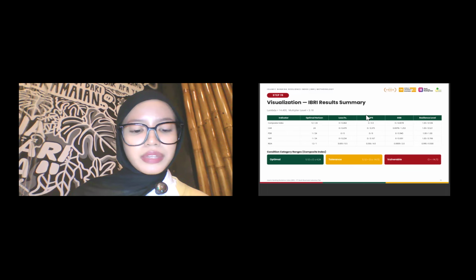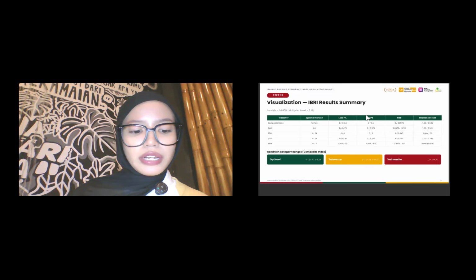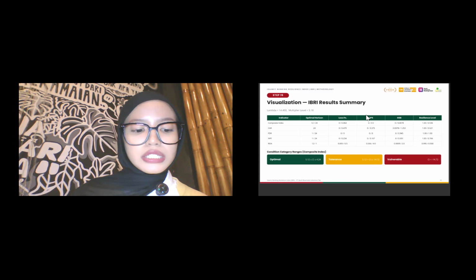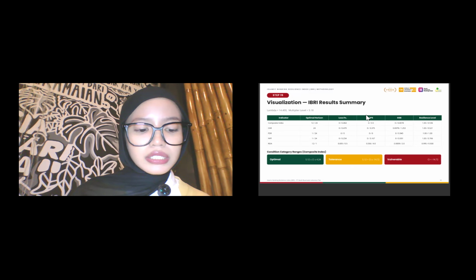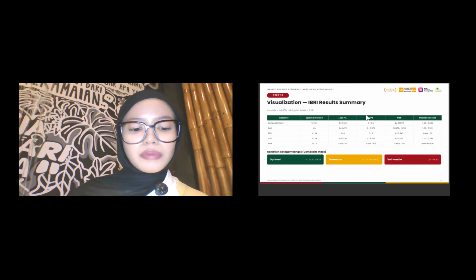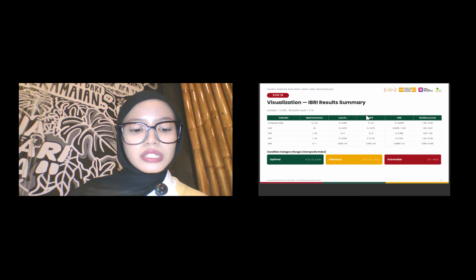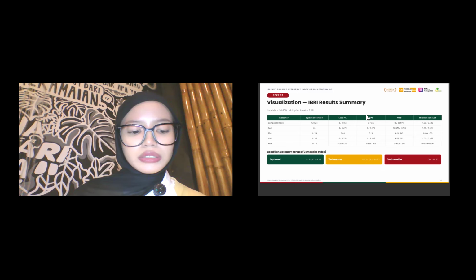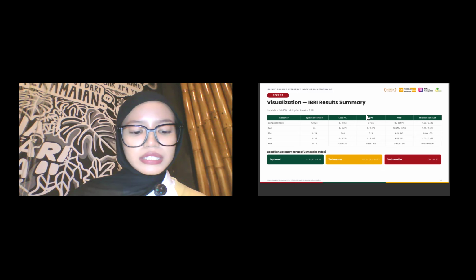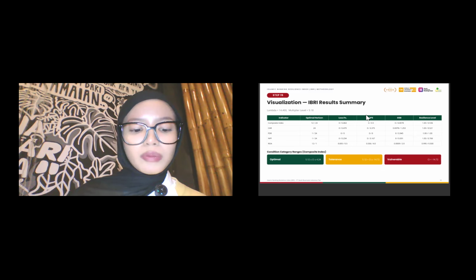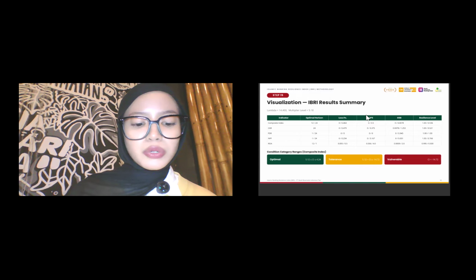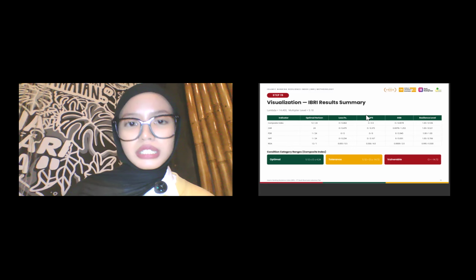So next, the final result. Finally, this table summarizes our evaluation results. Overall, the Islamic Banking Resilience Index shows that Bank Muamalat remained resilient during the observation period. The strongest indicator is FDR, while NPF remained the main source of potential risk. Therefore, improving financing quality and controlling non-performing financing should become management's priority to strengthen long-term resilience.